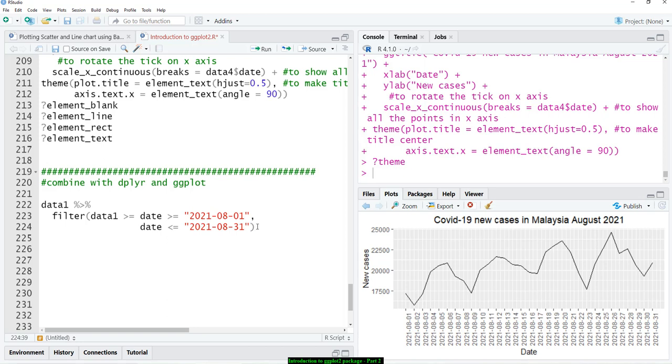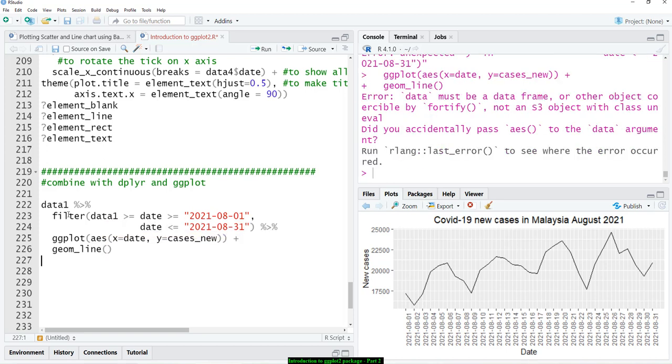Okay, so once we already finished with our data filtering, then we can continue with the ggplot function. Since we already piped the data, we do not need to specify our data again, right? So we just put our aesthetic values: x should be equal to date, another one, y should be equal to case new, right? So this is our ggplot graph, and then we need to further specify our chart type, which is geom line, right? So then we will get basically